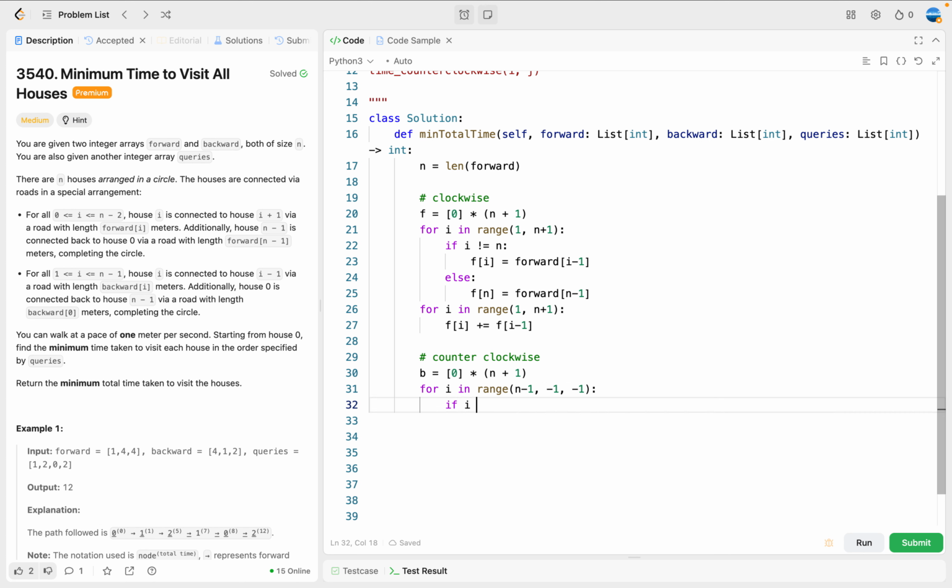So if i is not 0, we are going to use this. House i is connected to house i minus 1, right? So what we are going to do is b i minus 1. So we arrive at b i minus 1, so we'll be backwards i, right? Otherwise, we are going to do b n minus 1. I'm going to set it to be backward